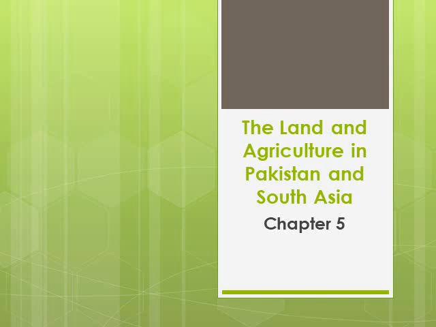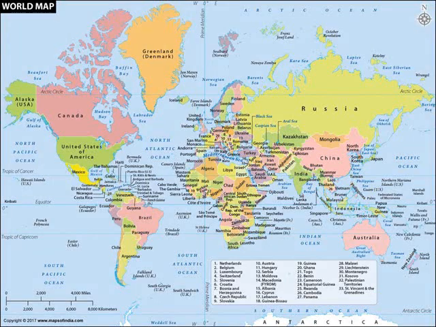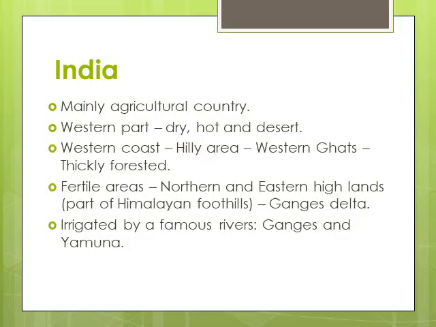So first of all, let's locate the other South Asian countries on the map. Here I have a map of the world, in which now I am going to tell you about the land and agriculture of India. Just like Pakistan, India is also an agricultural country, as 57% of its area is farmland. Its western part is commonly dry, hot and desert. However, its western coast is hilly and heavily forested due to monsoon rainfall, and this region is also known as